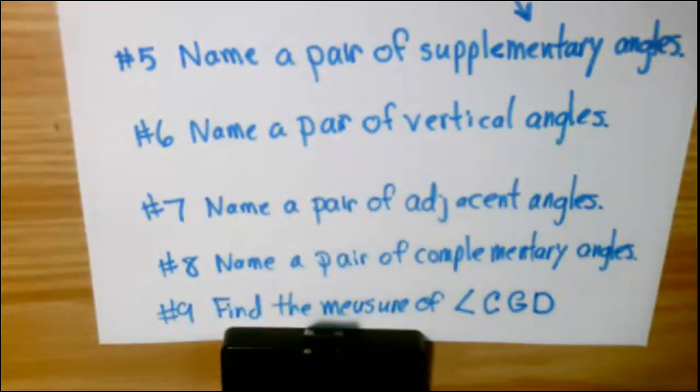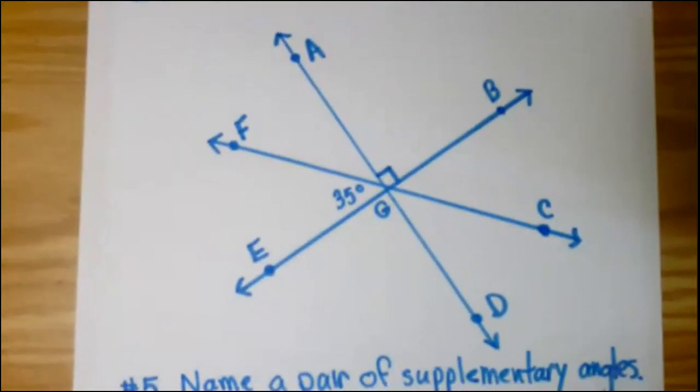So number 5 is name a pair of supplementary angles. So we'll go back and just keep it on the diagram here. Supplementary means what? What does supplementary angles mean? Supplementary means they will equal 180 degrees, right? Yes? AGC and FG. Okay, so